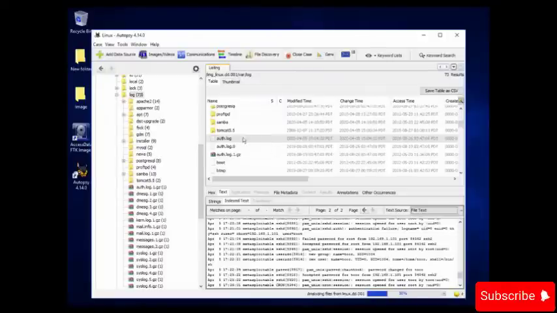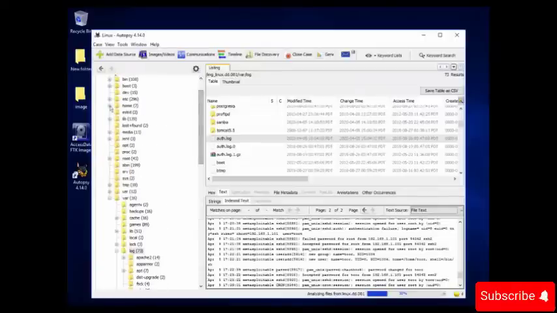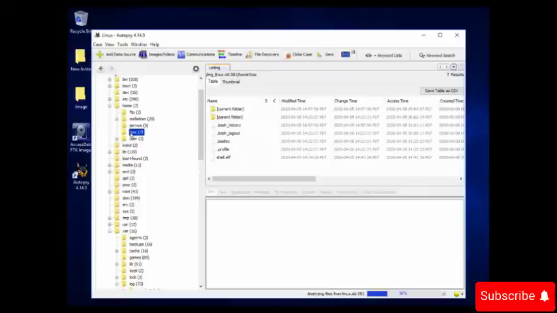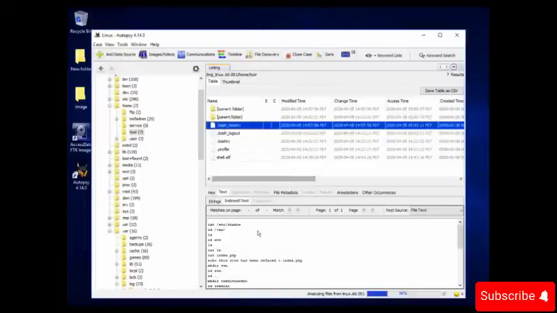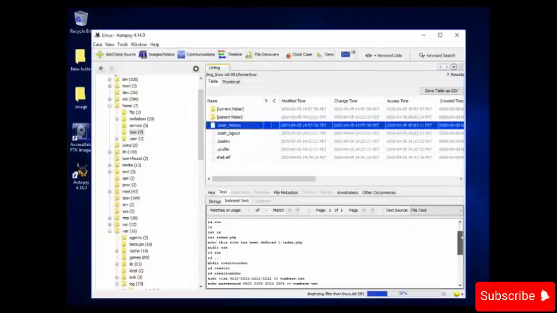Okay, so now we will explore the history file. The history file will help us to see the commands that have been run by the TWR user. So go to the home folder and click on TWR. And here select the bash history file. Here you can see that it says it has gone through the var directory, and has changed something with the index.php, and then has created a folder with credit card numbers. Okay, then we have sample numbers.